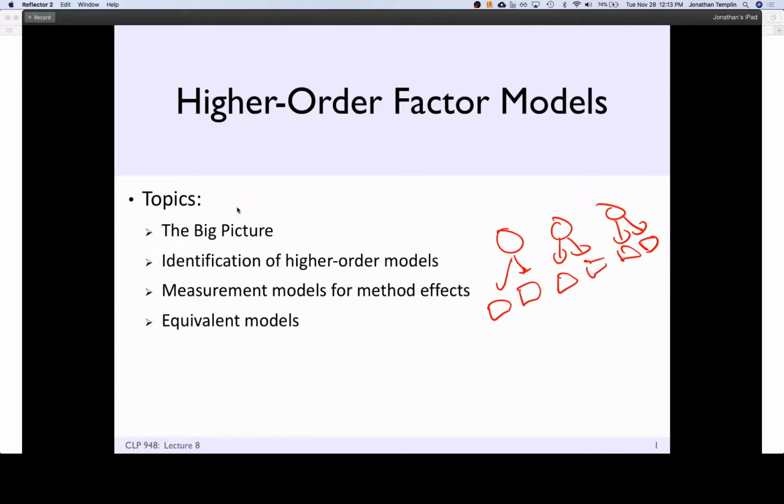A higher order factor model would basically say, okay, there's 3 traits, trait 1, trait 2, and trait 3. Let's imagine there's some general trait that's measured by all 3 of those. So this is kind of like your higher order factor right up there. So you're saying covariation in these traits is really linked to some overall covariation in some even higher level type of thing,